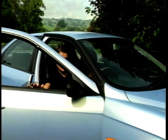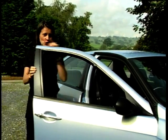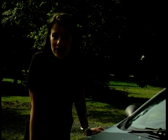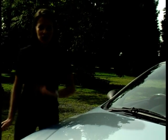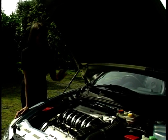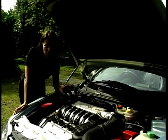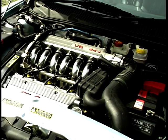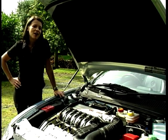Just £17,600 will put you behind the wheel of a 156, and I reckon it's a small price to pay for such a vision. However, this 156 will make a slightly larger dent in your bank balance, because on this version the beauty isn't merely skin deep. Underneath the bonnet you'll find an absolutely amazing 24-valve 2.5 litre V6 engine, the roar from which will make your chest hairs stand on end and will considerably soften the blow when you write out your cheque for